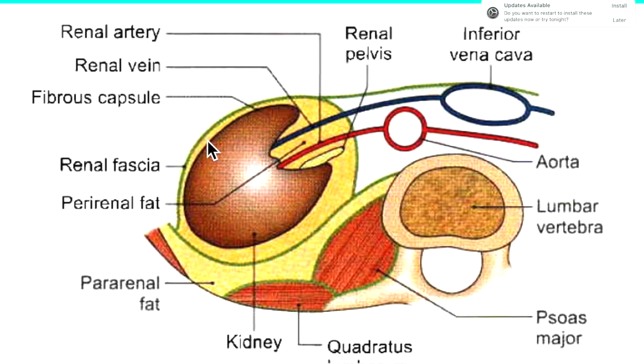See, in this image, you can learn the tracings of the renal fascia. This renal fascia is a false capsule. This is the anterior layer of the renal fascia, which is known as the fascia of Toldt. It is very thin. And this is the posterior layer of the renal fascia, which is known as the fascia of Zuckerkandl. This is the kidney and the yellow colored adipose tissue. This is the perinephric fat here.